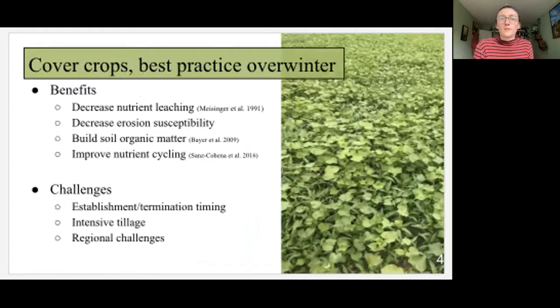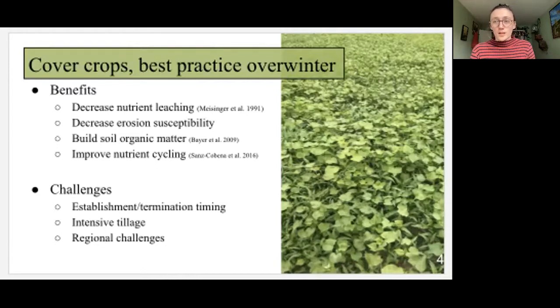So in the Lower Fraser Valley and in Delta, there are migratory waterfowl that eat the cover crops and can leave the ground bare. In the Kootenays, the fall and winter can come really fast. There's a lot of snow and low temperatures, so it's difficult to establish those cover crops before the weather changes. And so given the variety of challenges associated with establishing a cover crop over the whole farm every year, every winter,